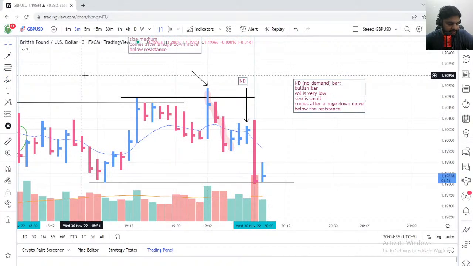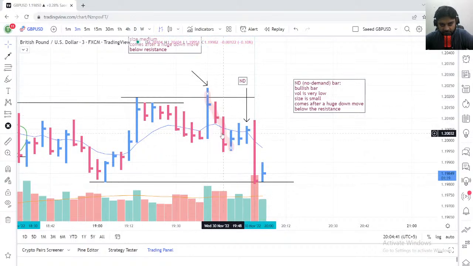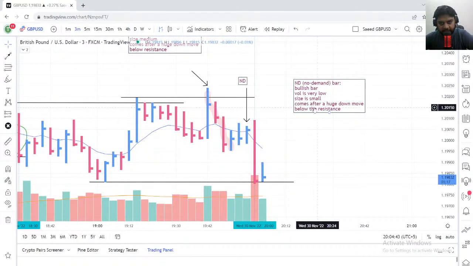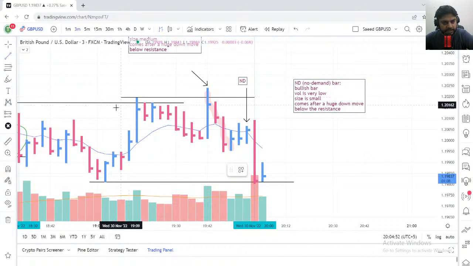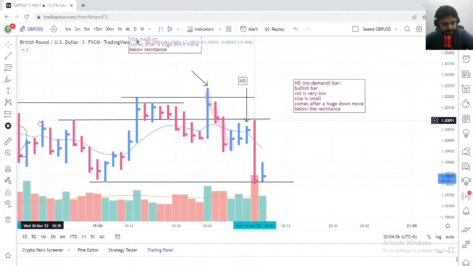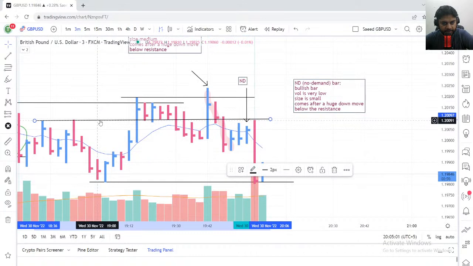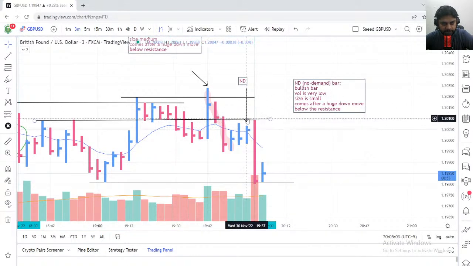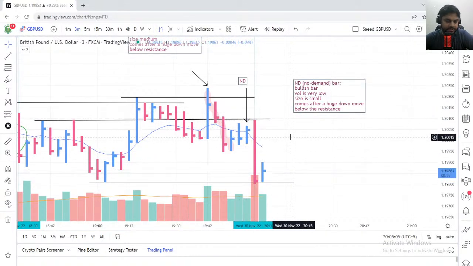Welcome Sankarji, welcome Saeedji. So this is a down move, a huge down move at the back, and it comes after a huge down move, which we already did. It comes below the resistance. So you could actually make a small resistance over here, right? Because there is this resistance coming from these points. So you could also just put your SL just above this line and trade this.